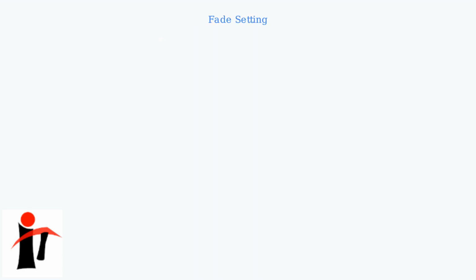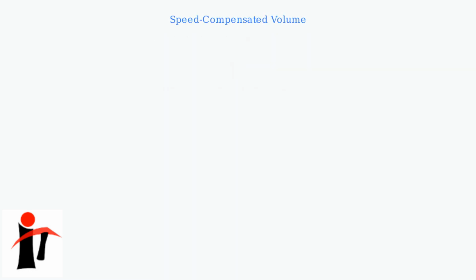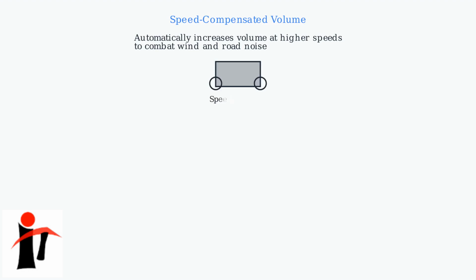The fade setting adjusts the front-rear volume distribution, ranging from -10 for full rear emphasis to +10 for full front emphasis. This is particularly helpful for rear seat entertainment, allowing passengers in the back to enjoy clearer audio. Speed-compensated volume automatically increases the audio volume as you drive at higher speeds. This feature uses GPS data to adjust for wind and road noise, ensuring consistent sound quality regardless of your vehicle's